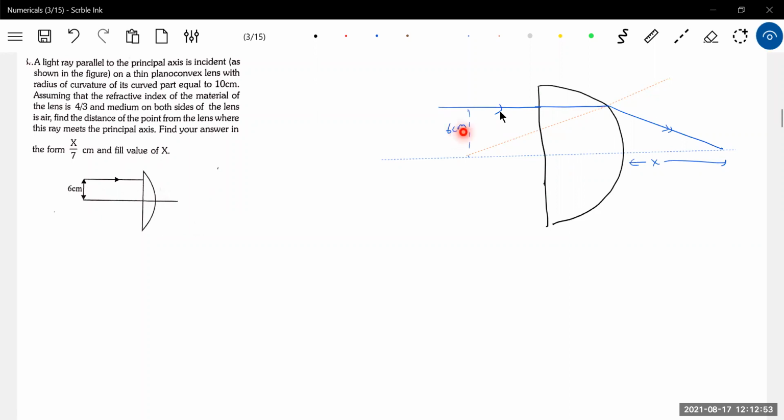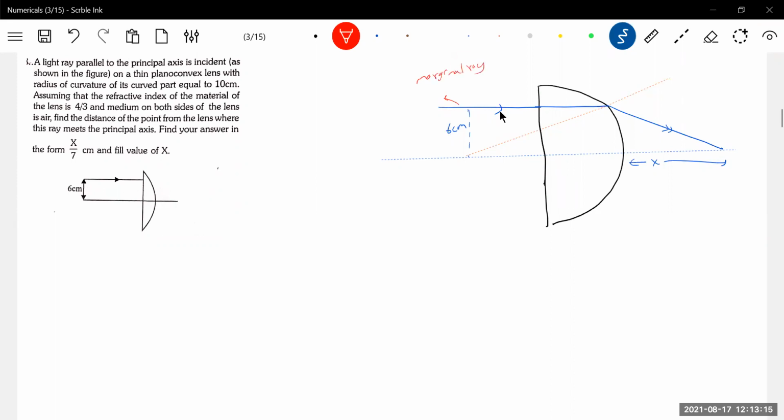So is it paraxial? No, it's a marginal ray. Like that, we have some 15 types of rays. For marginal rays, a lot of math is involved. That's why, to minimize that, we come to paraxial rays only. So is it paraxial? No, it's a marginal ray. If you want to write it here, it's a marginal ray.